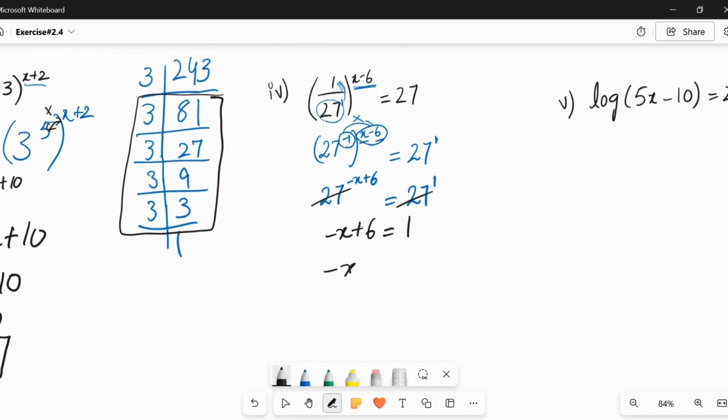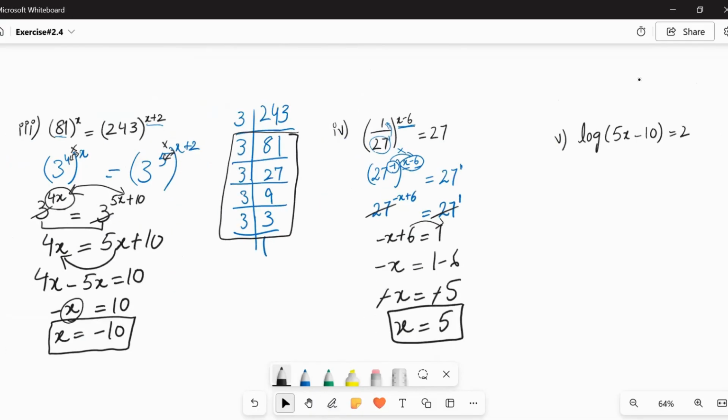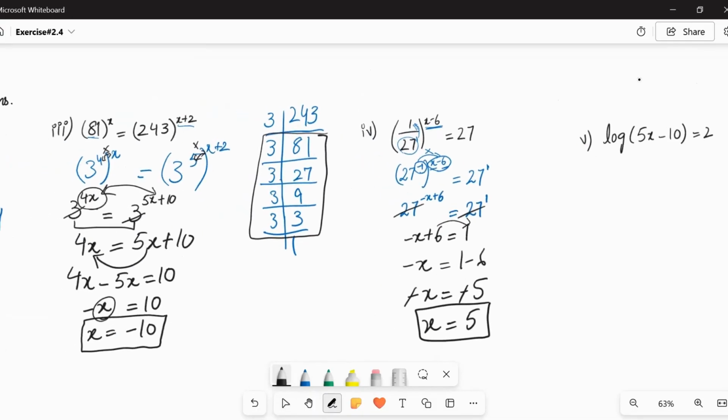and we want to find the value of minus x, so we'll shift the 6 to the right hand side, you'll get 1 minus 6, minus x equals 1 minus 6 which is basically equal to -5, and this negative sign will cancel out each other and the final value of the x will be 5, okay, easy। इसमें तो सिर्फ आपने एक ही प्रॉपर्टी अप्लाई की है कि like if the bases are same so the powers are equal to each other।